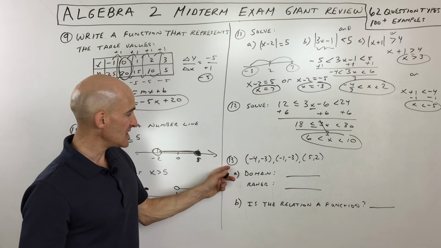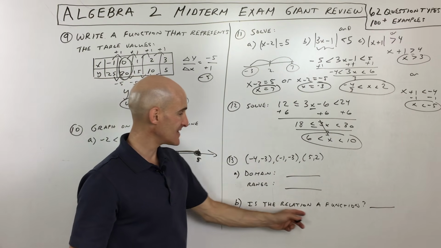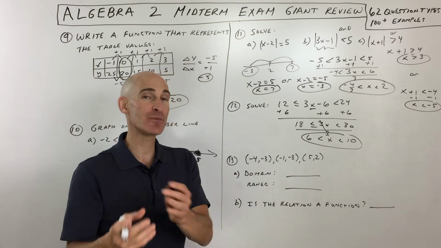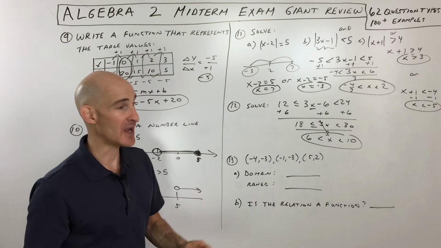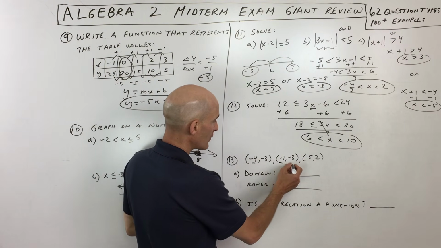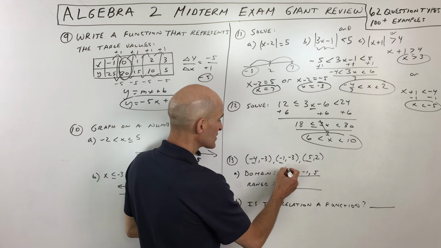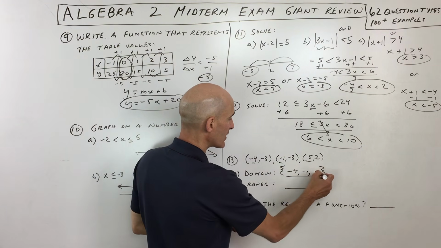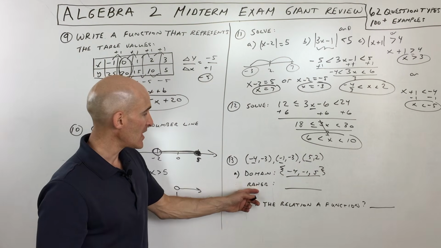Okay, number 13, we're talking about domain and range, and we're also talking about, is this relation a function? Now remember, a relation is a pairing of two sets, an input and an output, an x and a y, a domain and a range. So the key here is the domain are the x values, so that's going to be -4, -1, and 5. So -4, -1, and 5. You could list them like that, or you can use these set brackets, and ideally you want to put them from low to high.